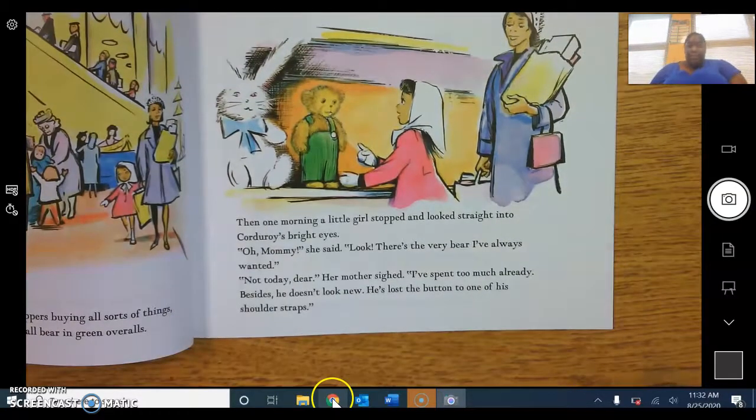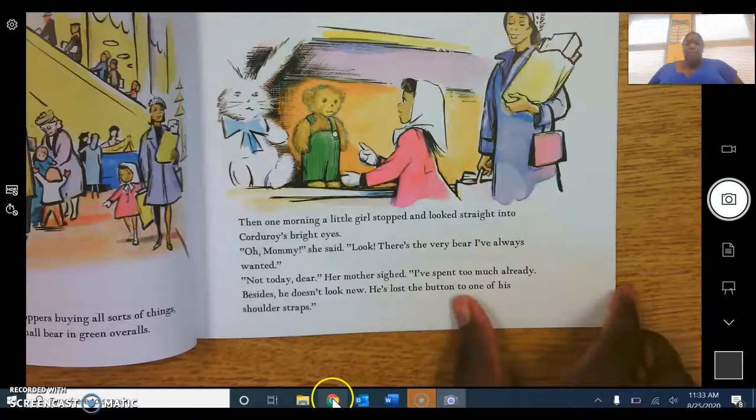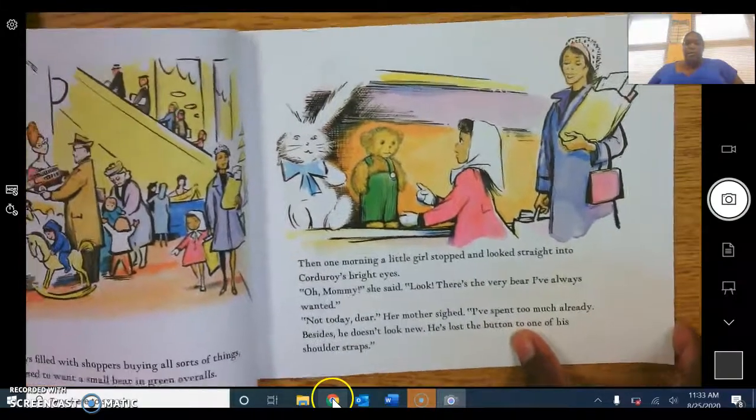The first question, who are the 2 main characters in the story? There are 2 main characters. I want you to tell me who they are. Then I want you to tell me one thing that Corduroy said, one thing that Lisa said in the story, and I want you to tell me how Corduroy feels. What is one of the feelings that he had? Because remember, we've been talking about emotions, and I want you to tell me how the little girl feels as well. And the same thing will be found on our question